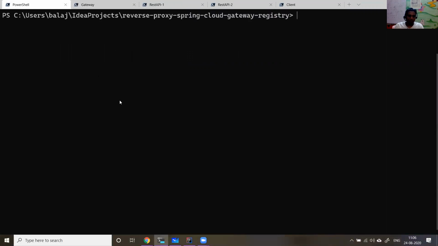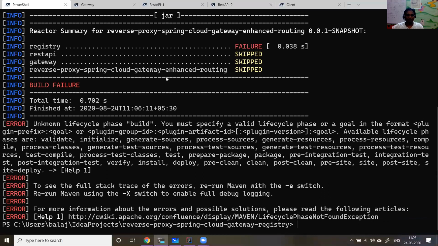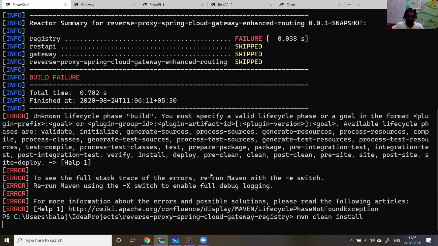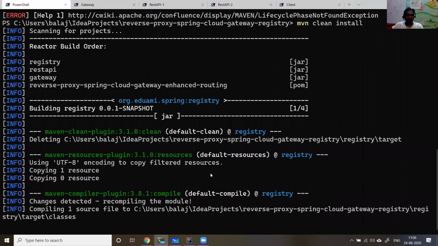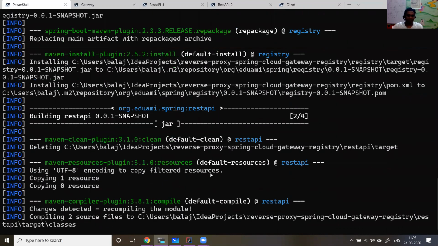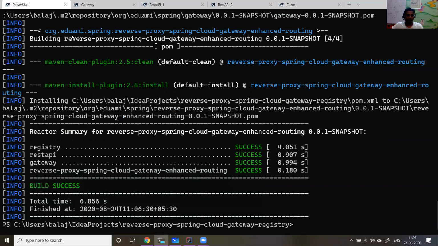After you check out the code, you do a clean build, because I don't check in binaries to the version control. Let me do a clean install. So I'm building the code base so that the necessary artifacts are generated.